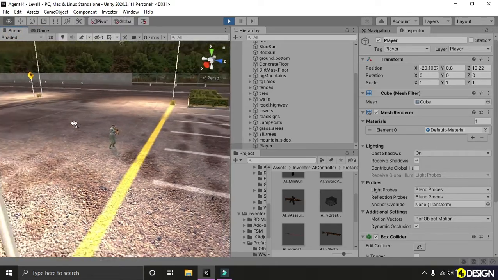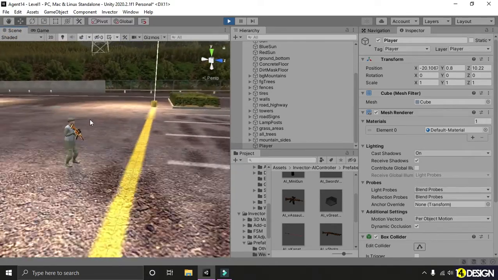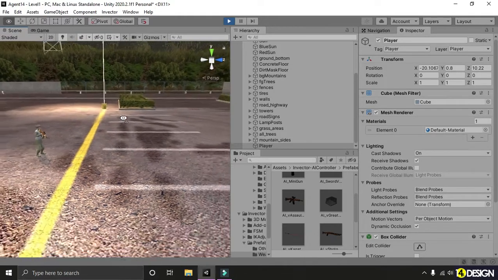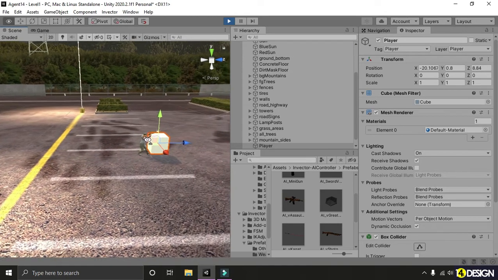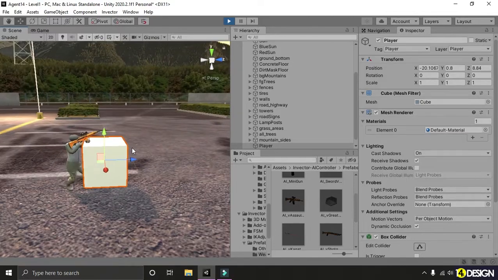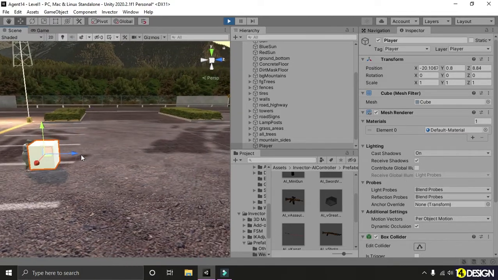Okay, the enemy is standing. Let's try to move our little cube player near him. Yeah, as you can see, the enemy is starting to shoot.